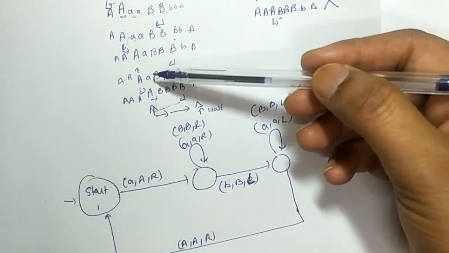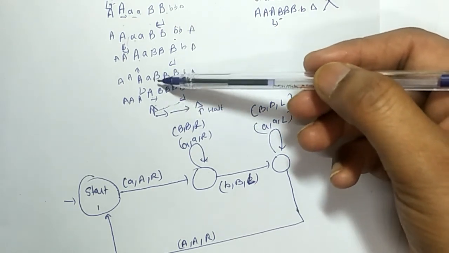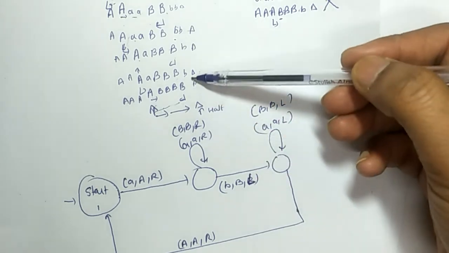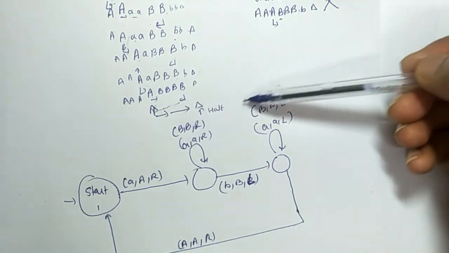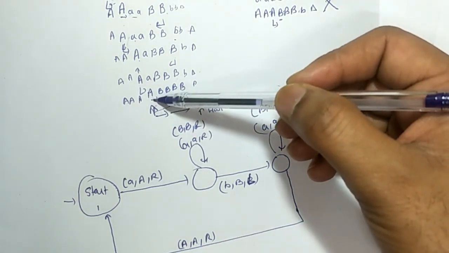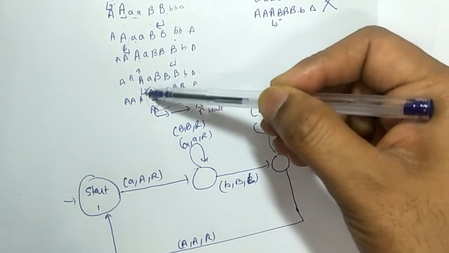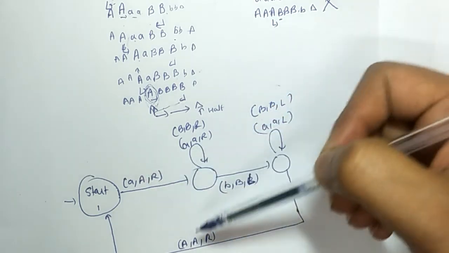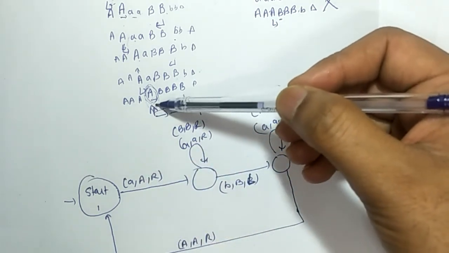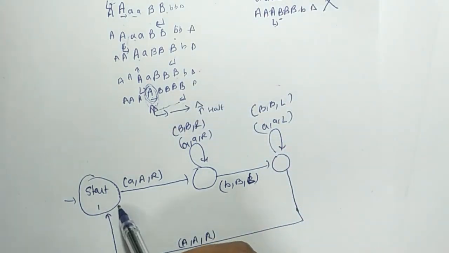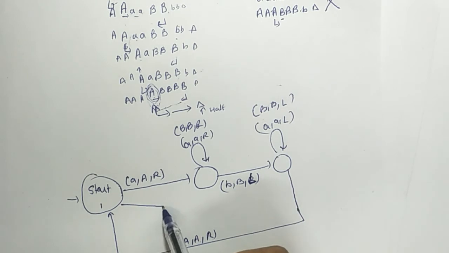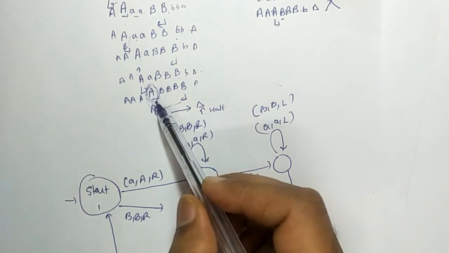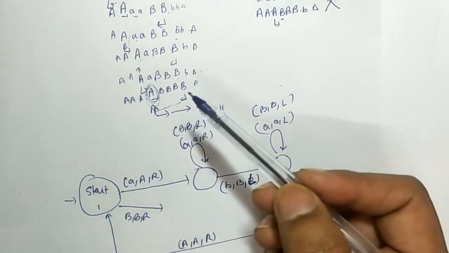But at the end, when you change this small a to capital A, and then you get capital B, then you get a small b, and converting this small b to capital B you will get capital B, and reach this capital A. To the right of this last capital A, you will find capital B. You will not find a small a to the right of this capital A, which is the last one. So instead of finding a small a you will find capital B, and this is the condition where you are ensuring that you are at the end, there is no small a left.